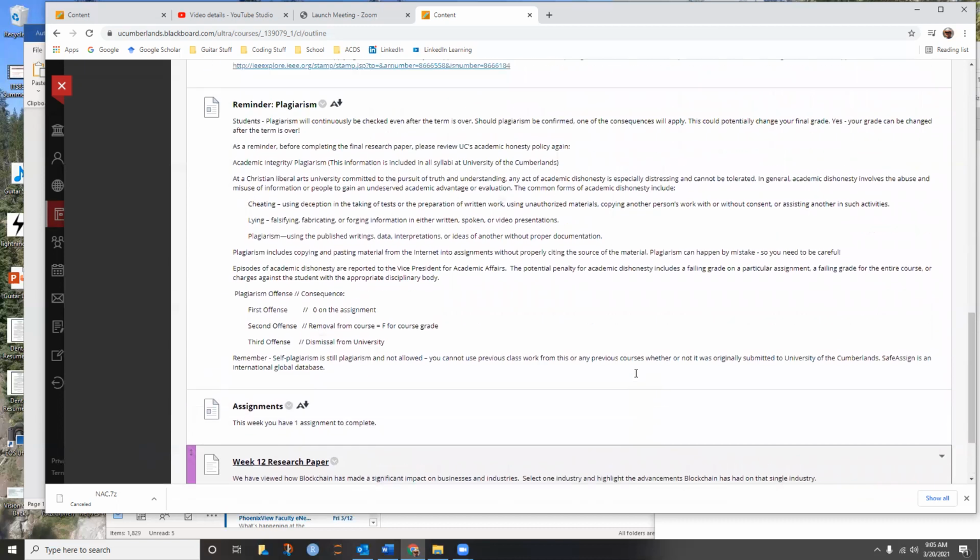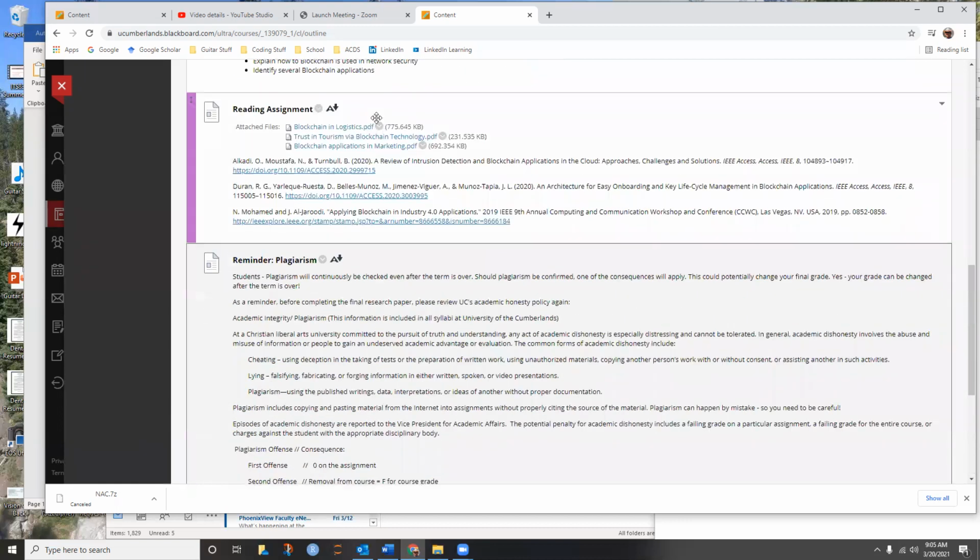Okay, so I also added three different articles with different industries. Logistics, particularly supply chain management and authenticating when and where and by whom transactions are being completed. That seemed to be fairly rational. But here's a couple others, marketing, tourism. There are any number out there. But one thing I hope you're all seeing is the difference.